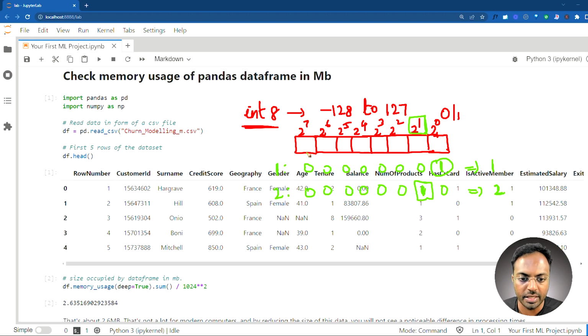So if you multiply these values, corresponding 2 power 7 multiplied by 0, 2 power 6 multiplied by 0, so you multiply corresponding values. Ultimately you have only one in only one place. Alright. Likewise, if you want to store 3, you will put all these values as 0 and 1 here and